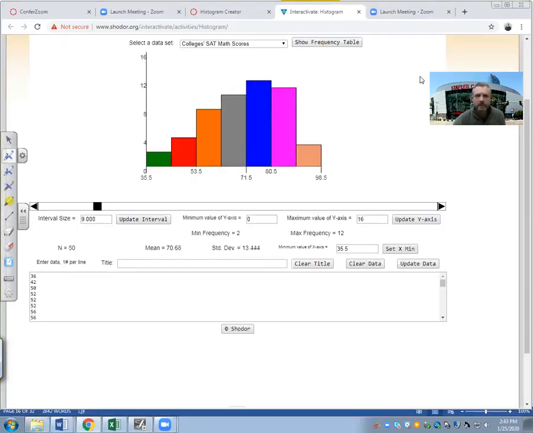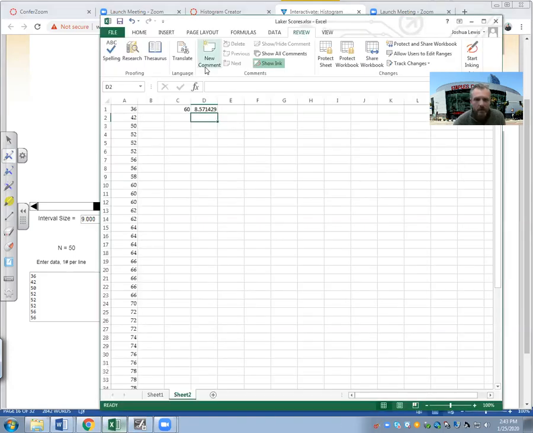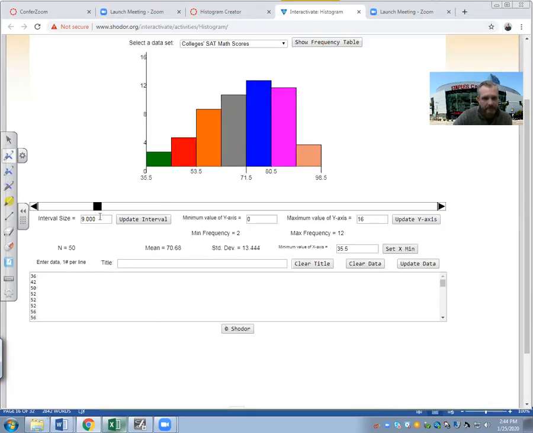All right, so here's what I did. I went ahead and put all of my data into Excel. I sorted it, and that gave me a minimum, a maximum. I used that formula, max minus min divided by 7, to find the class width, which came out to be about 8.5-ish, 8.57 change. So I'm rounding that to 9. So here's 9. That's my interval size. Again, I'm starting at